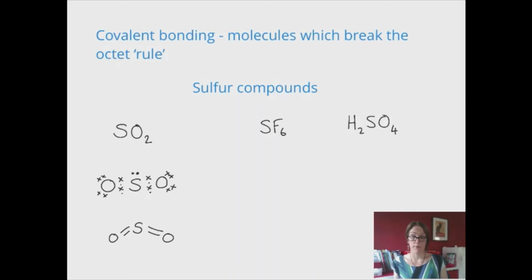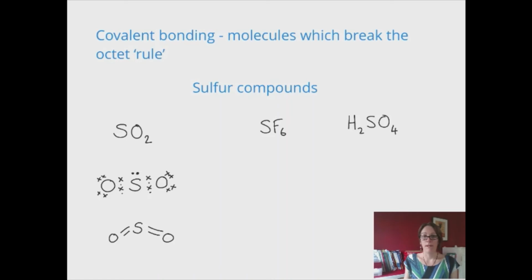Once carbon has formed 2 double bonds, it has no lone pairs left over, and so that would be a linear molecule. And altogether, if we have a little count, sulfur has 10 electrons in its outer shell. So it's used 4 in bonding of its original 6, gaining 4, and then 2 left over. Okay,